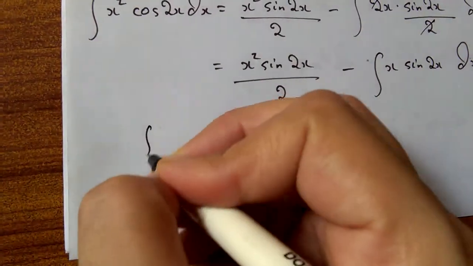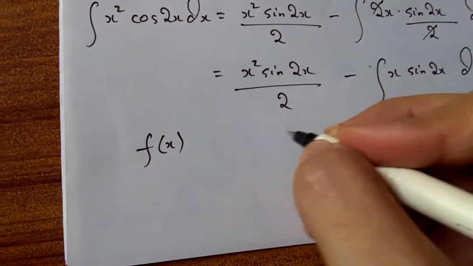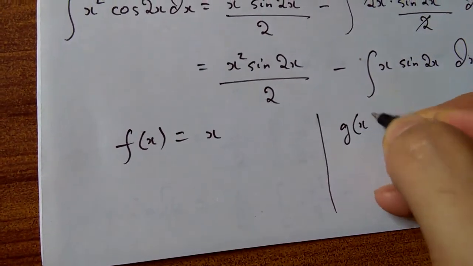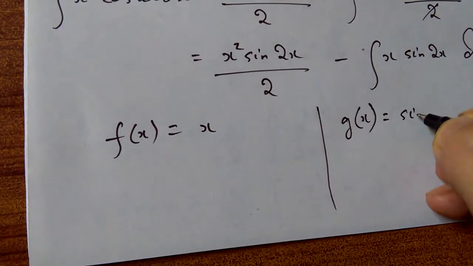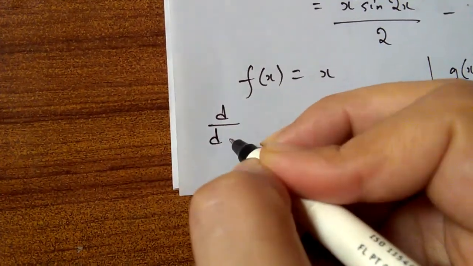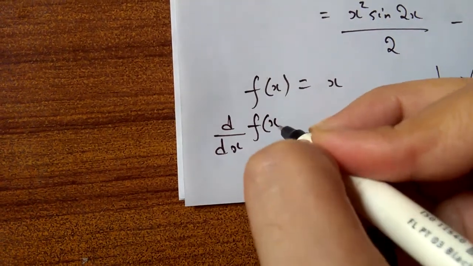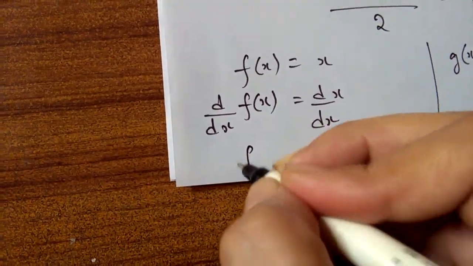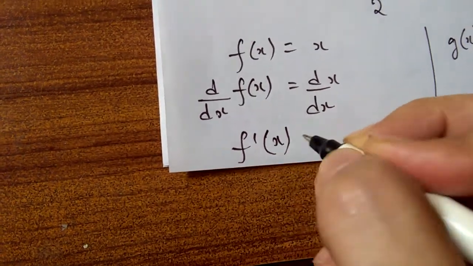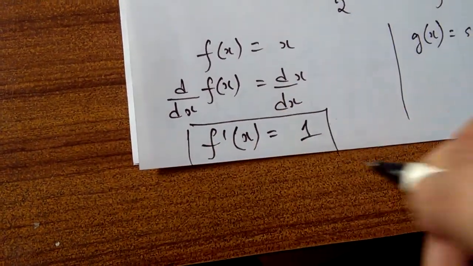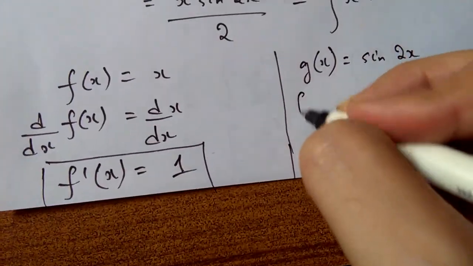So now take f of x as your x, g of x as your sine of 2x. You just differentiate both sides with respect to x. Now f dash x is 1. Just highlight, and once you integrate both sides,